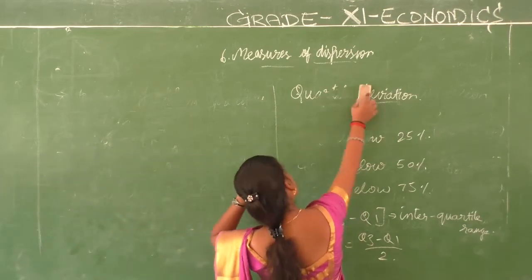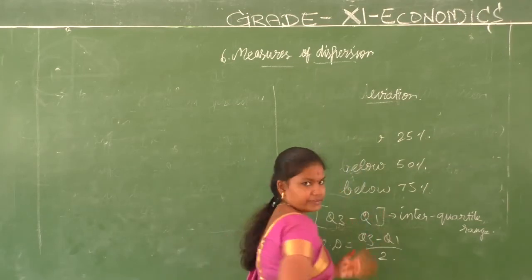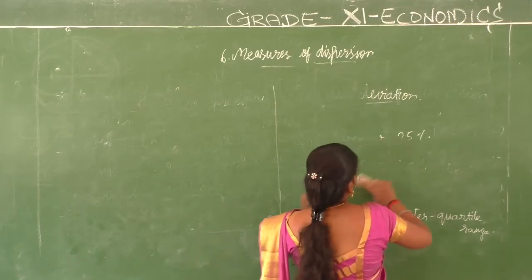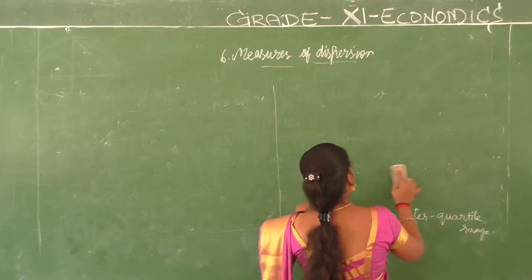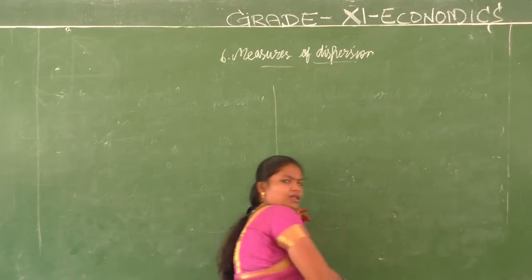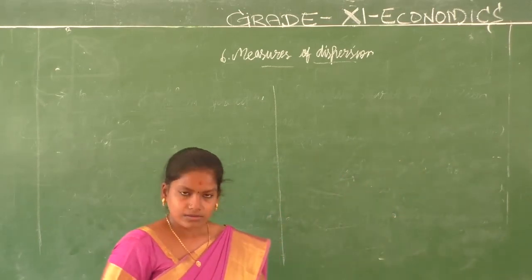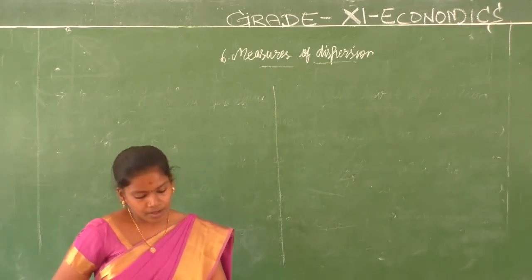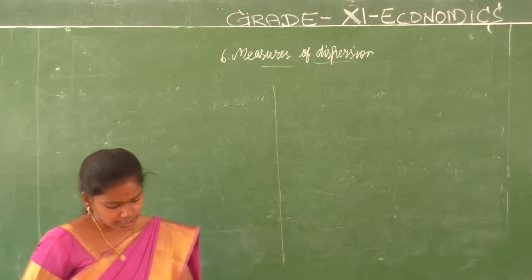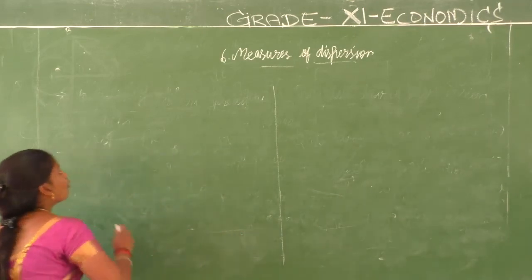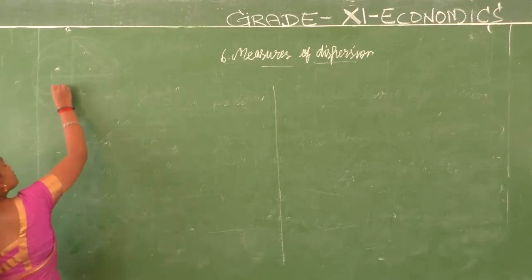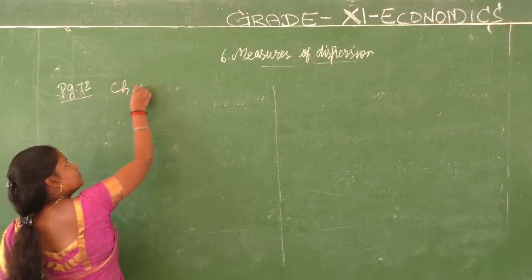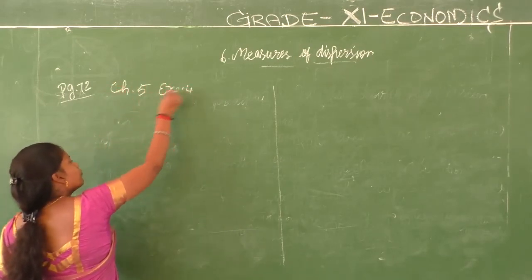Just because we didn't deal with missing numbers, we didn't see an example with missing numbers, I'm calculating this, showing you how to do it. It's just how we have done in maths. Okay? Nothing different, nothing new. But simply, I want to make sure that you are working out the problem clearly. What is it, children? It is actually chapter 5, exercise number 4, page number 72.